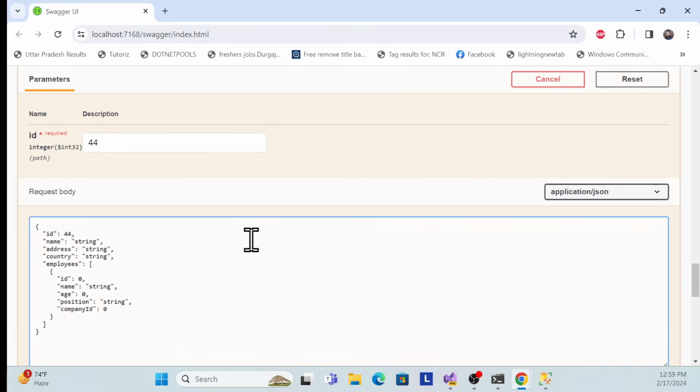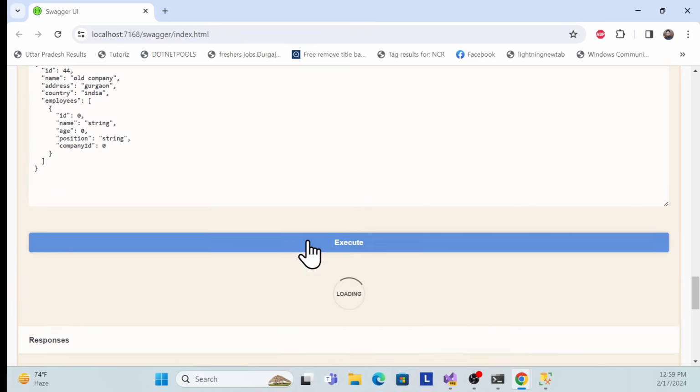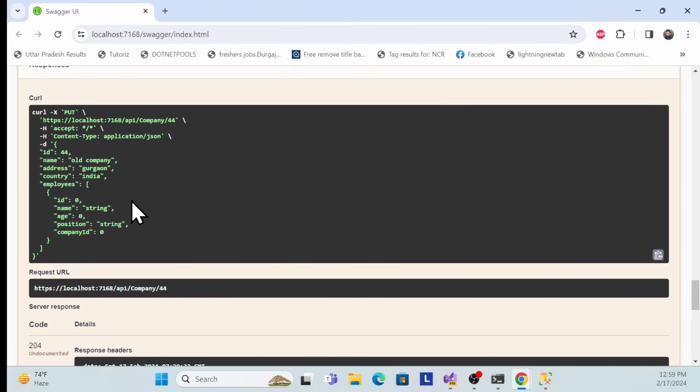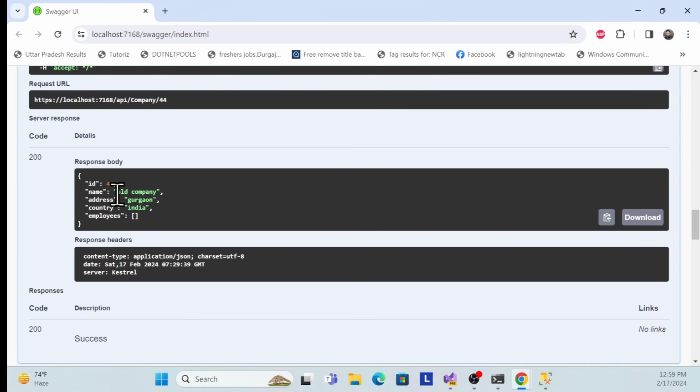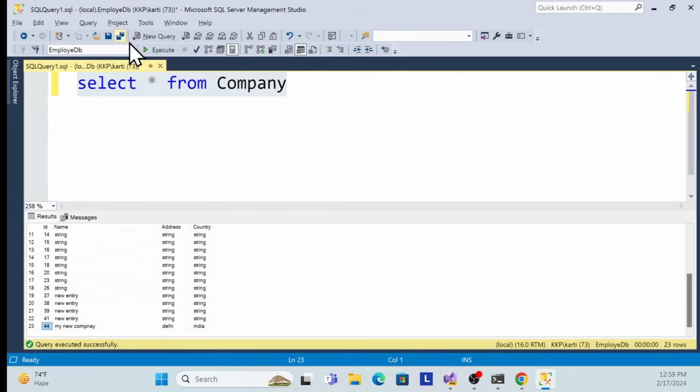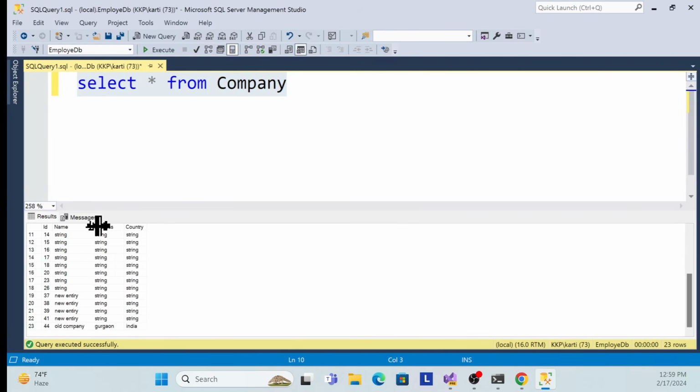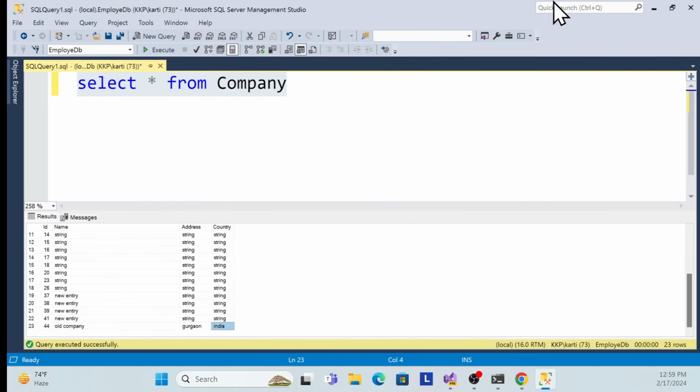If you want to update something, for example, new company to old company, right? So let me change the Delhi to Gurgaon, and also country would be India, or something else, or keep it India as well. So once you execute, it should be updated. So let me just verify whether it is updated or not. Yeah, this is updated. If I see that data in the SQL DB, it is also updated with Gurgaon